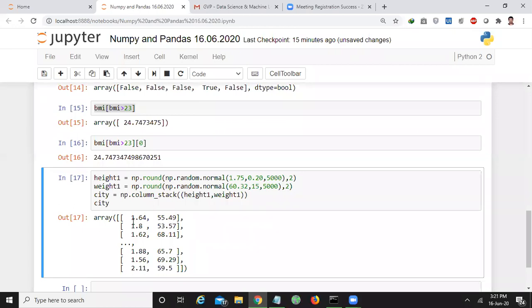So you are creating heights and weight values randomly, such that the height's distribution mean is 1.75 and standard deviation is 0.20. By maintaining that, it will create 5,000 samples randomly. Similarly for weight also. So one height and one weight will constitute one row of elements like this. It is a two-dimensional array.